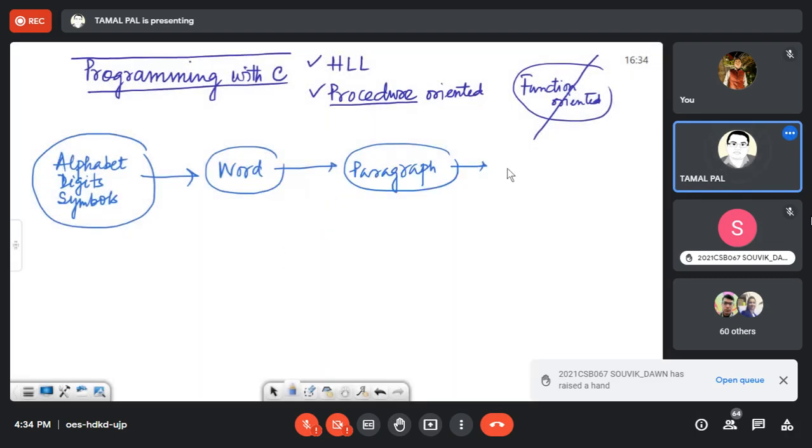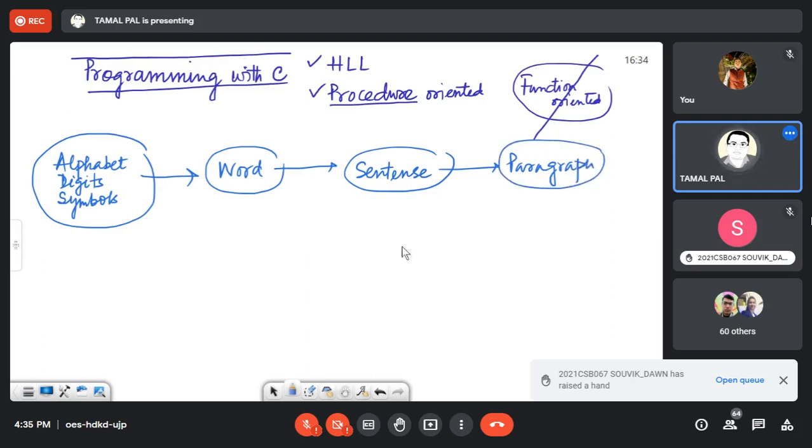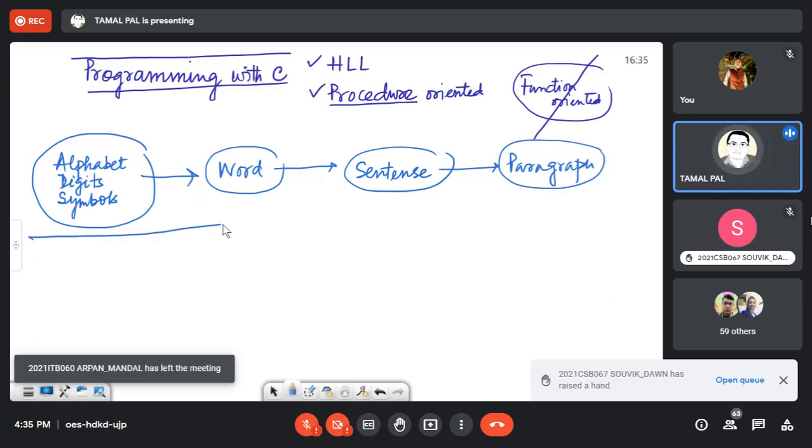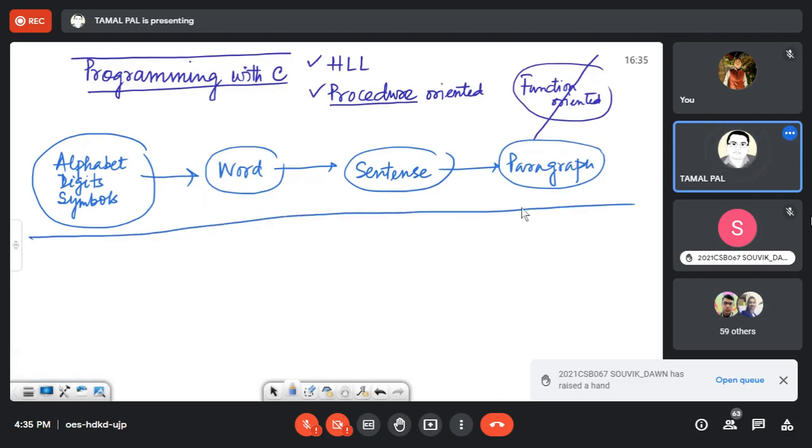Then you form a sentence, there is an intermediate thing, sentence. Then only you can form a paragraph. So this is what we use in our English language or any language, even in our mother tongue.